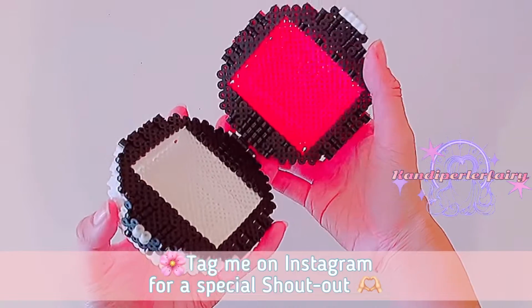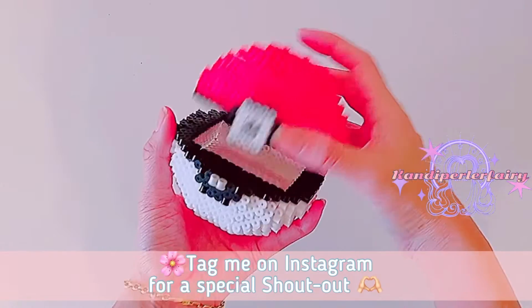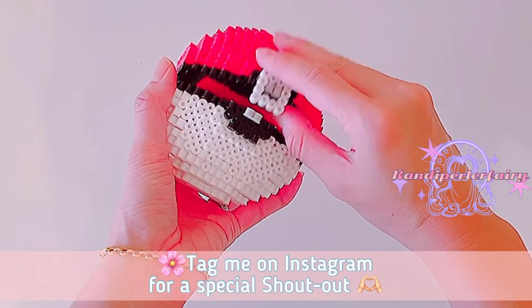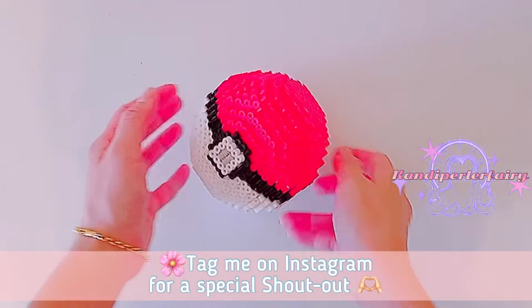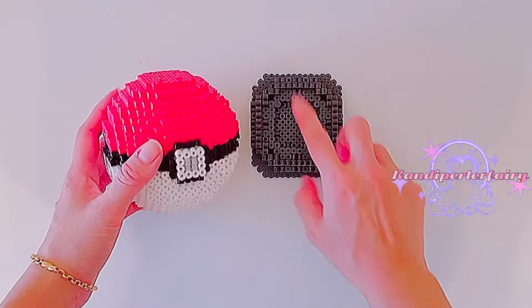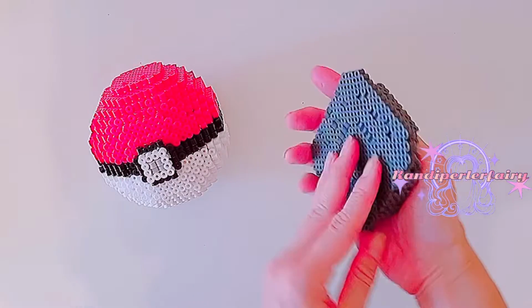Alrighty, so now it can open and close, and then with this staple here, with the glue, so it can close. Yay! You know what, I'll show you guys the display case in another video because I'm running out of time,